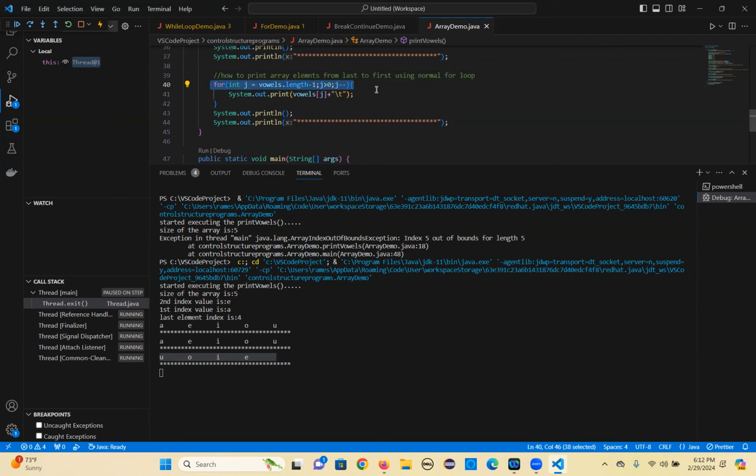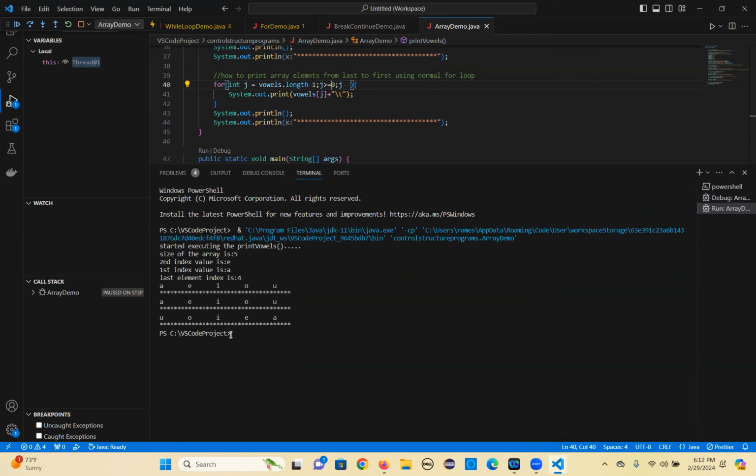Array size. Greater than... Hmm? J greater than or equal to 0, it should be, I guess. Yeah, greater than or equal to 0. You are not including 0. That's why. Okay. So now you run this. See, it got printed, right? Okay. That's cool. So let's join back and